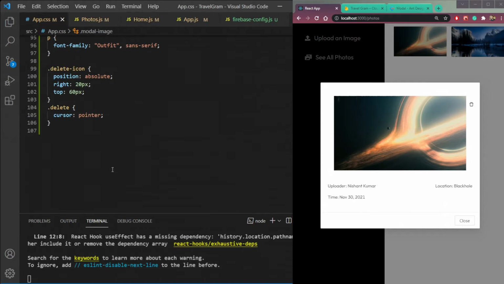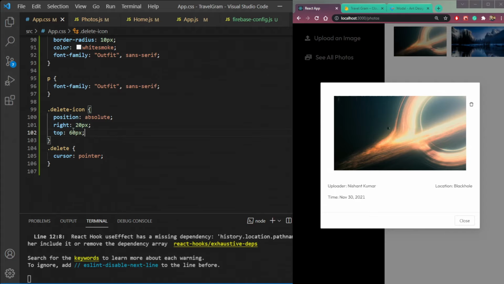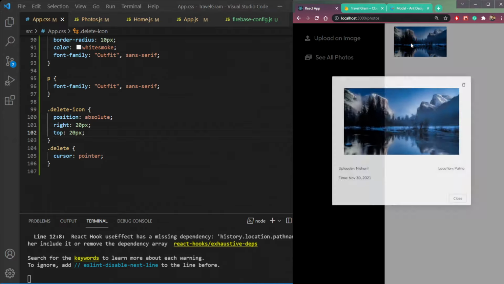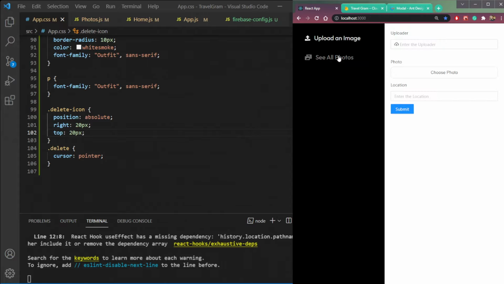So the X button or delete button, the top should be just 20 pixels. So it's fine now. See, we have the image, one close button and the delete button here. If we delete, this modal will be closed and the image will disappear from here. You see. So now we can add, see all photos and delete them.